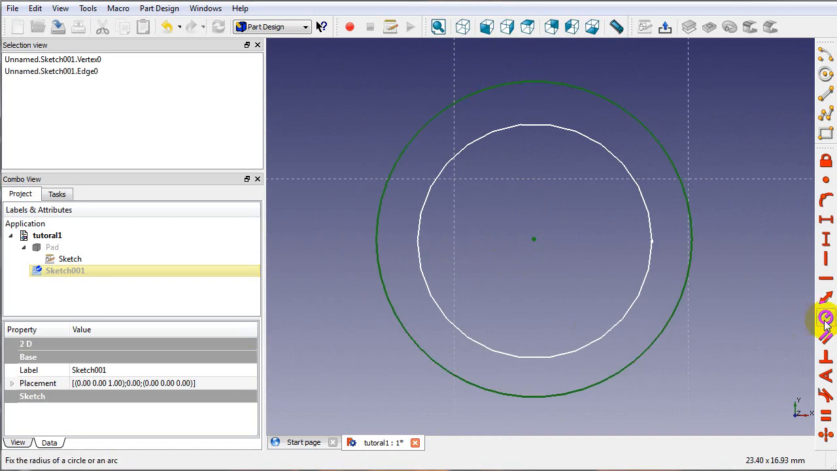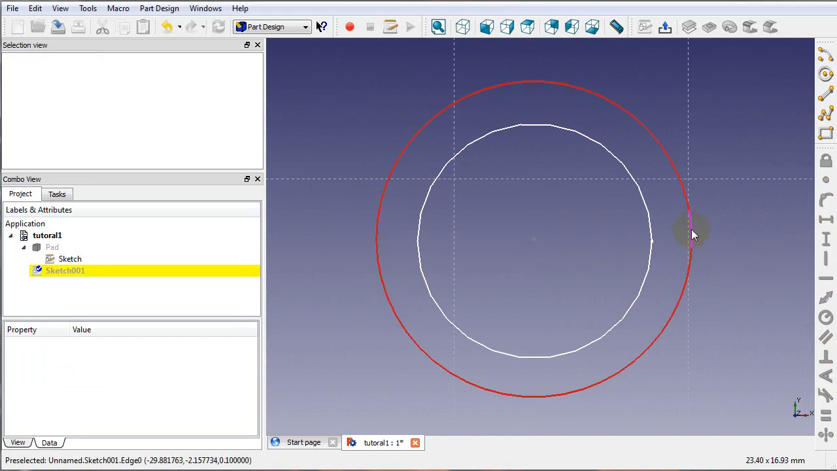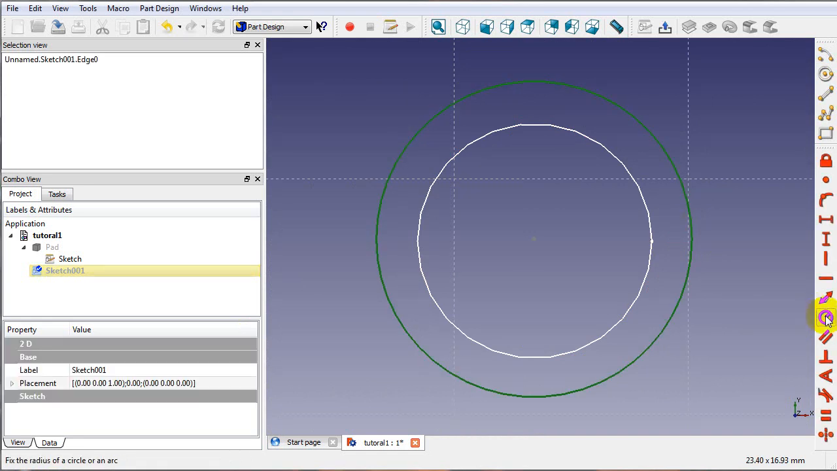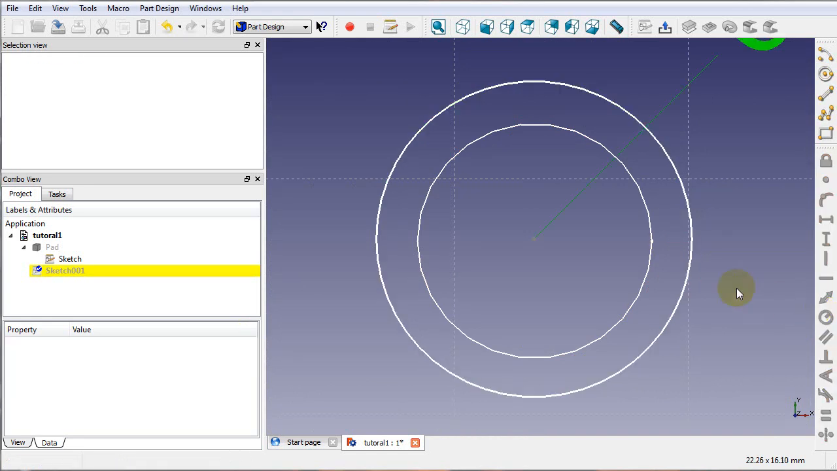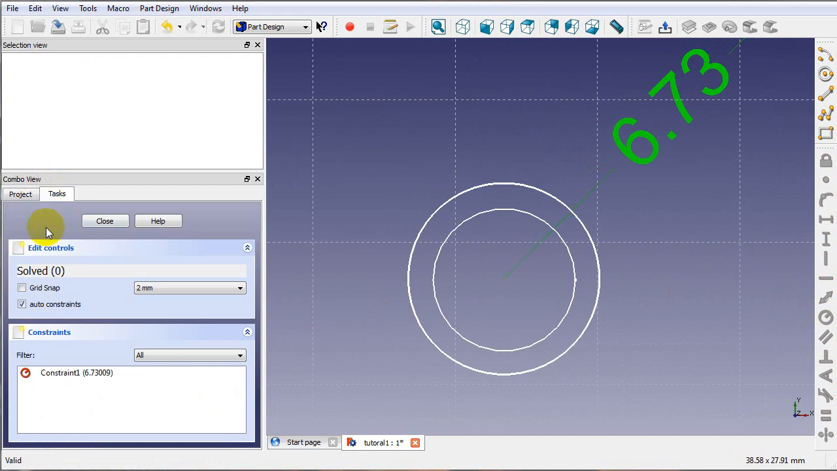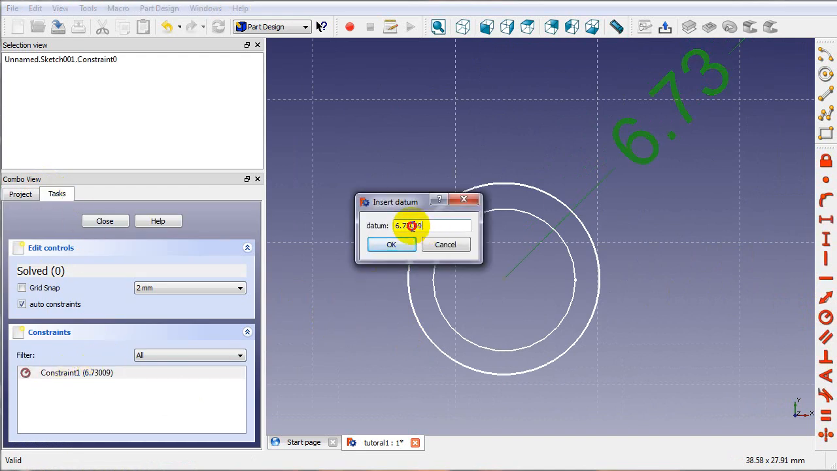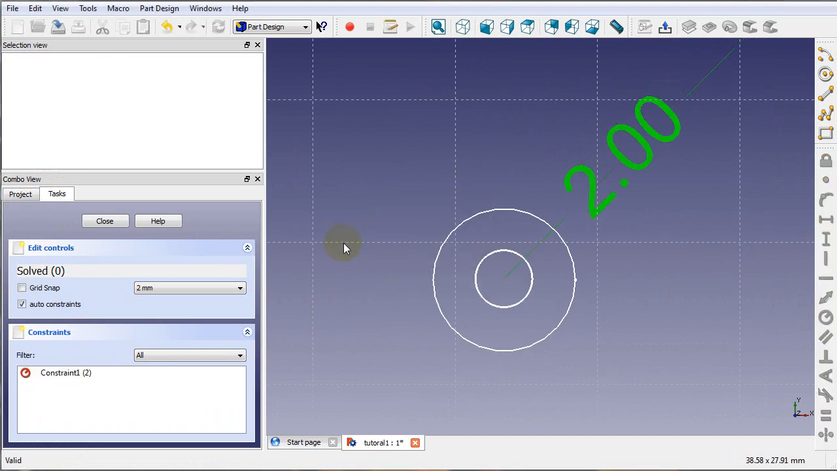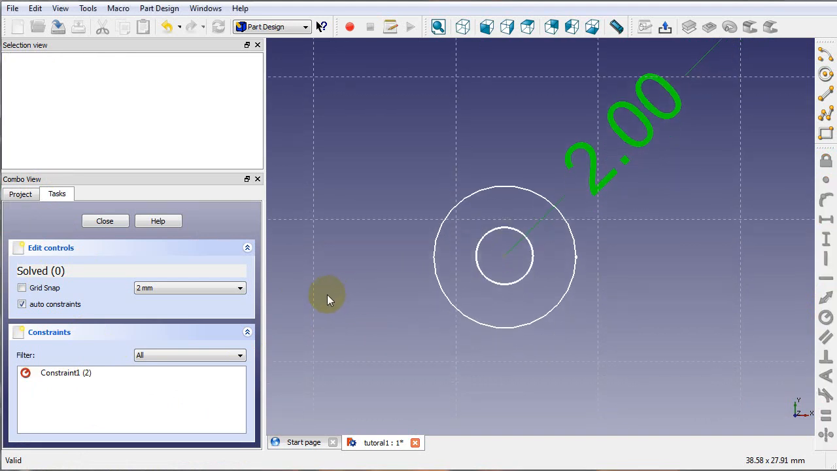Let's create a radius constraint. Select nothing, select the outer circle, create a radius constraint, and this new radius we want to be, let's go over to tasks on the task tab, and you'll notice that we have our constraint. You can click on the constraint and type in 2. Perfect. Okay, now we can close this,